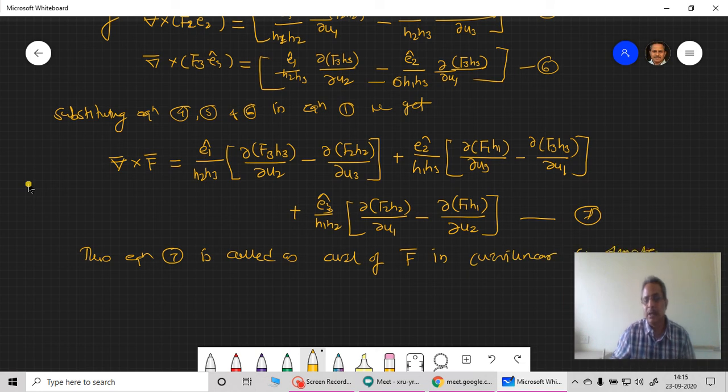Okay, let's remember, it is not that easy to remember this equation. It has a lot of components, but we must know the mathematical method to derive it. How to derive it: just as we defined del bar, del square, gradient, and divergence, we also defined curl of a vector point function, which is given by this equation number 7.